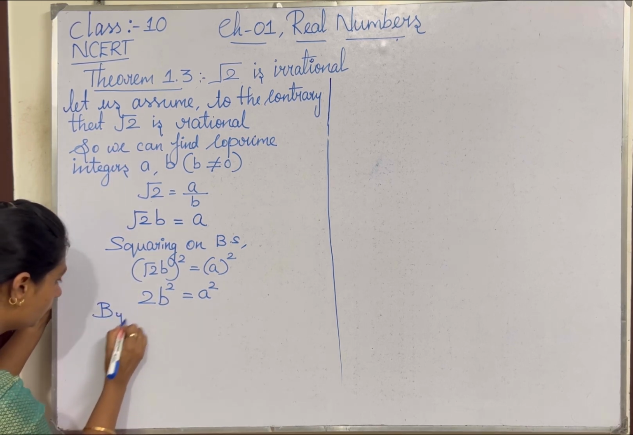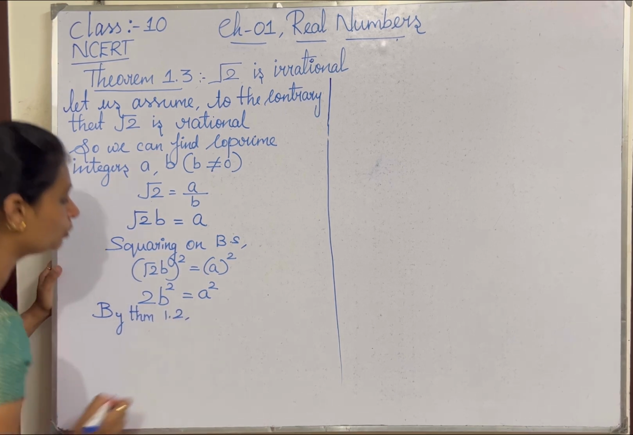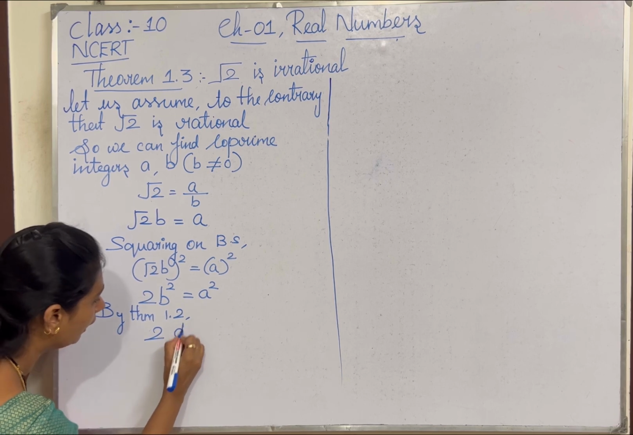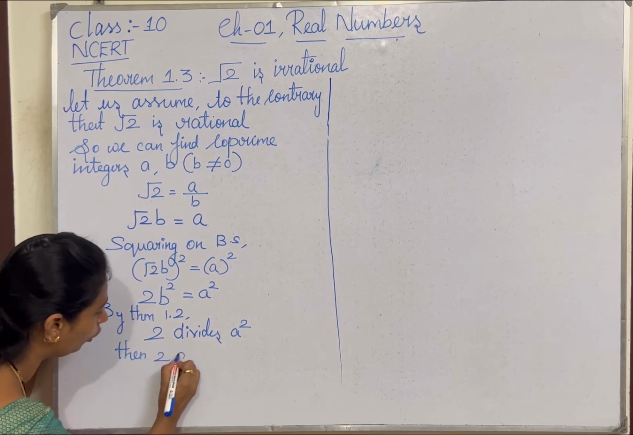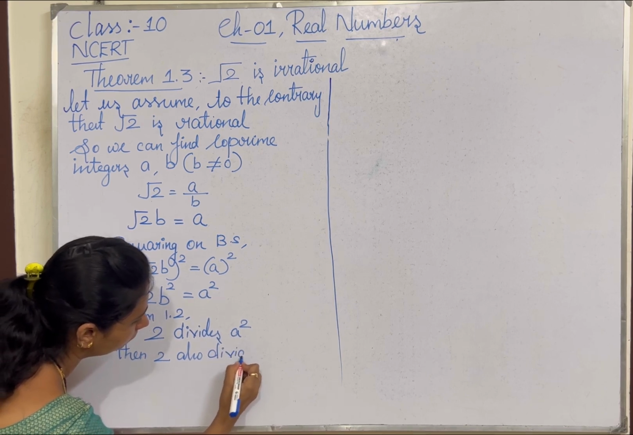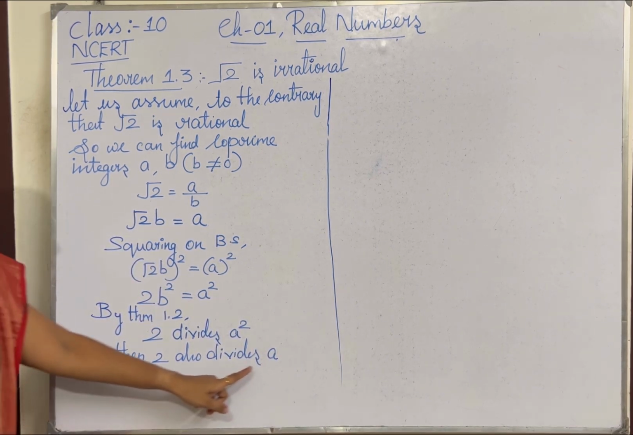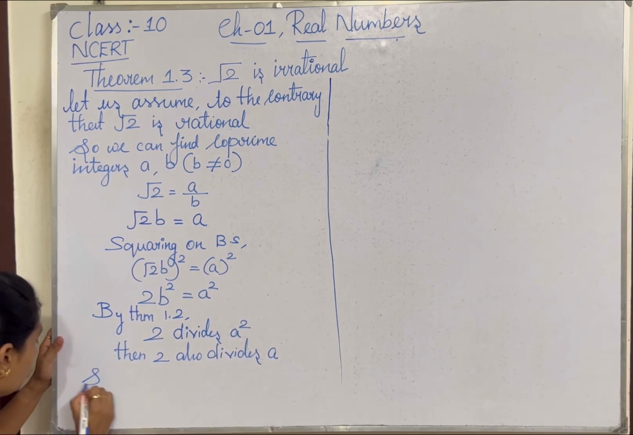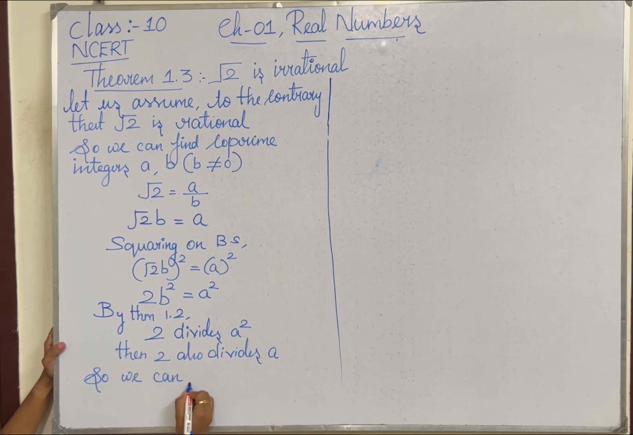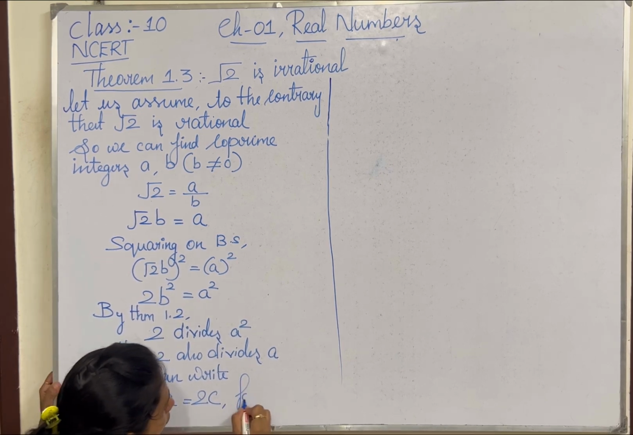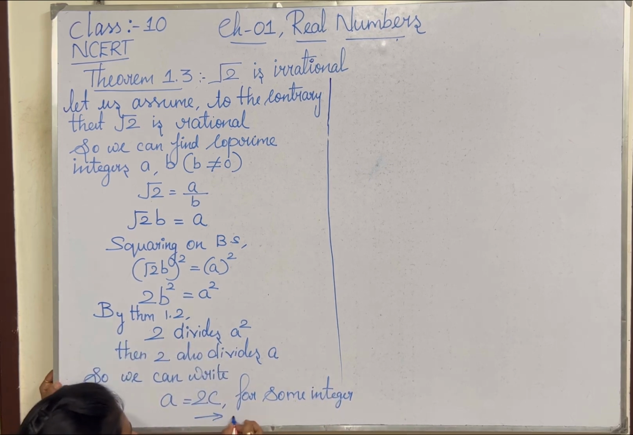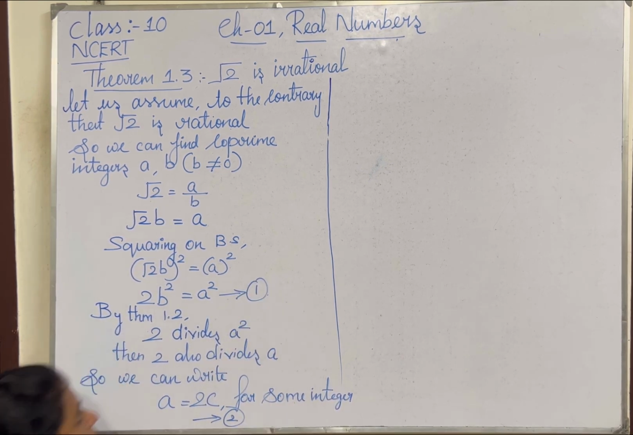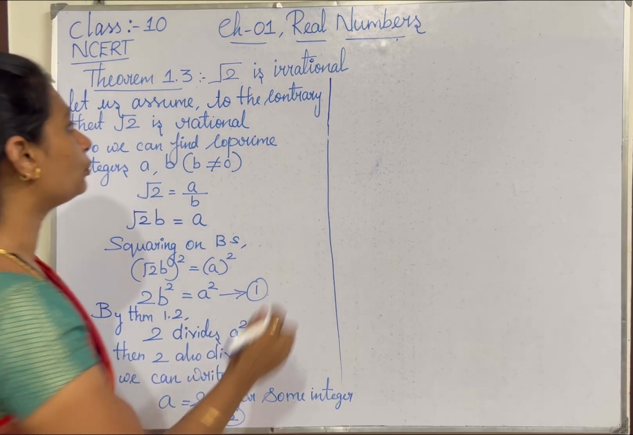So by theorem 1.2, we come to know that 2 divides a square, then 2 also divides a. If 2 divides a, a must be a multiple of 2. So, we can write a equal to 2 times c for some integer. Let this be equation number 2, and you can take 2b square equal to a square as equation number 1. Substituting 2 in 1,